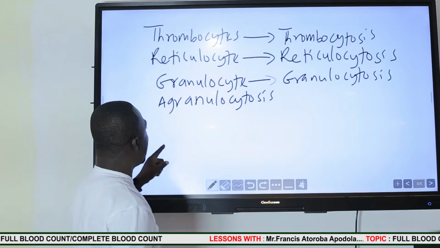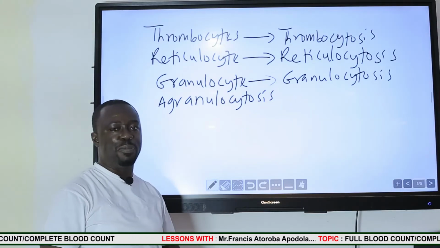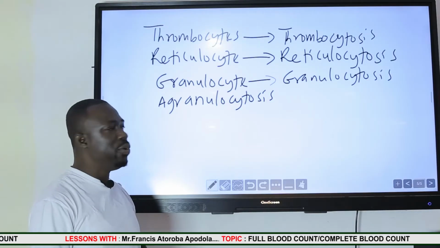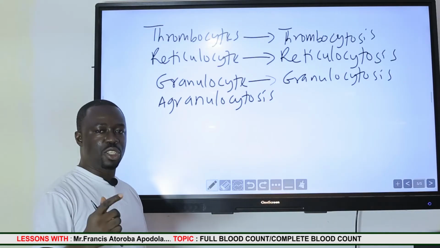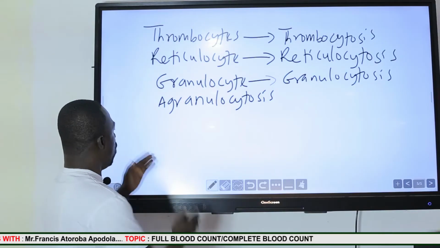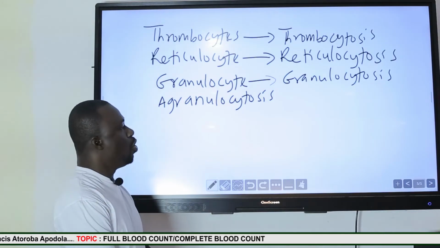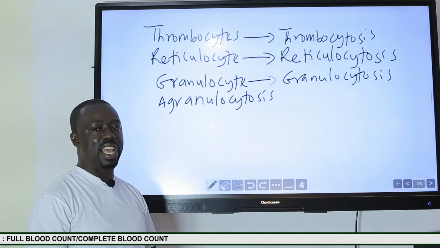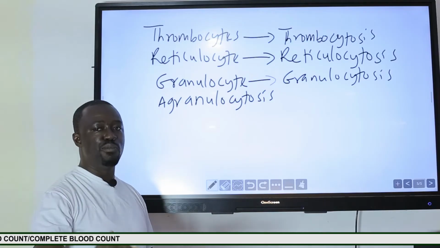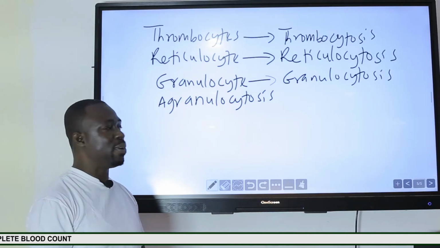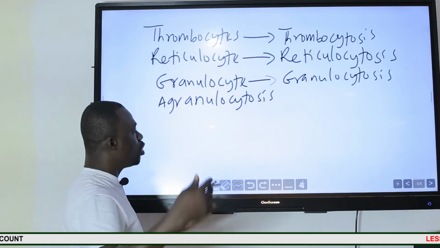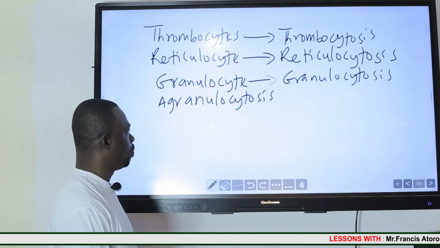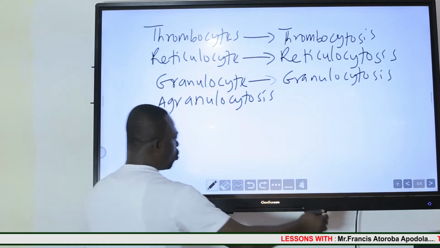So once we say granulocytosis, typically we are referring to the increased number of the granulocytes, which are neutrophil, basophil, and eosinophil. Once we say agranulocytosis, we are referring to the increased number of the agranulocytes in blood, and that is monocytes, lymphocytes. Typically, it means that there is possibly lymphocytosis, there is monocytosis. Now, let's come to the